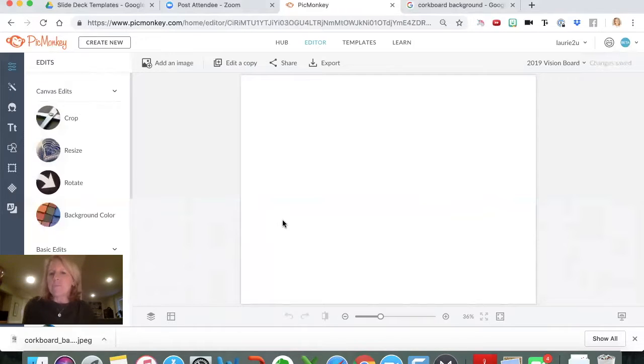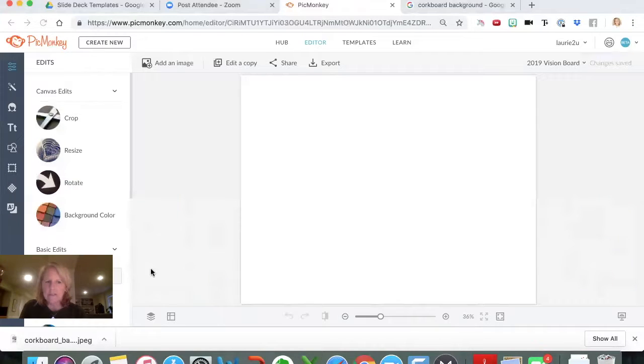But if you're not printing it out, and you're just going to share it as a picture on your computer desktop or on your phone, then you can have it be very colorful if you want. All right, so I'm just going to leave it as a white piece of paper, and then I'm going to start working on it. I'm going to close my little screen for now, so I can access all of my little things without it being in the way.